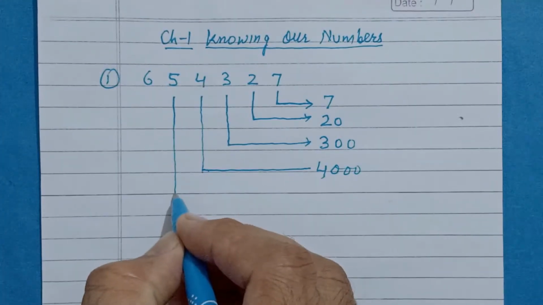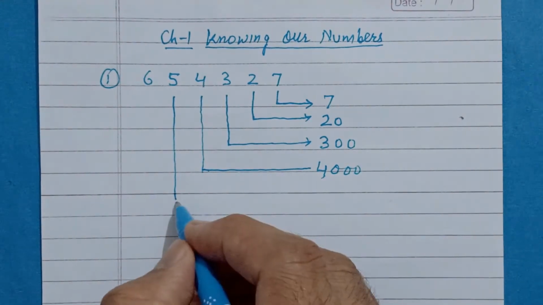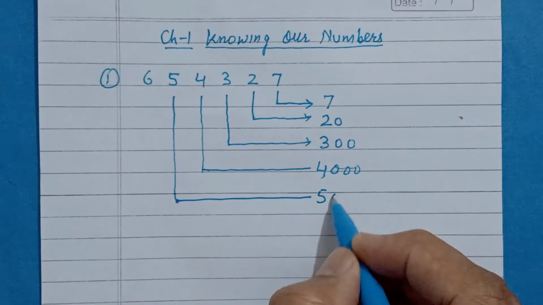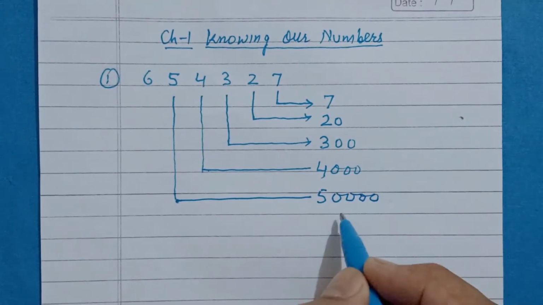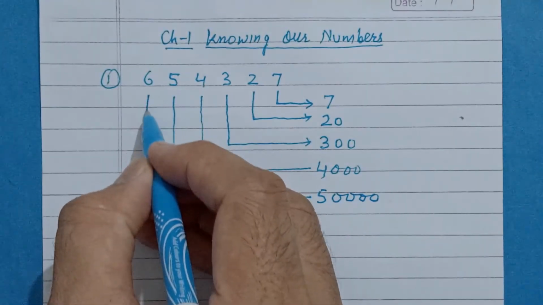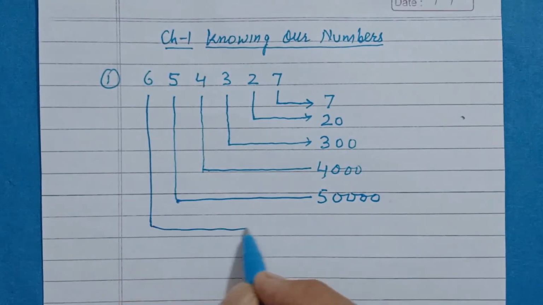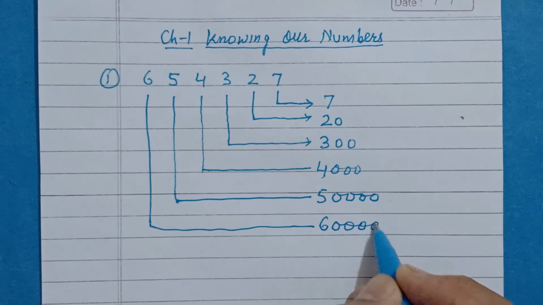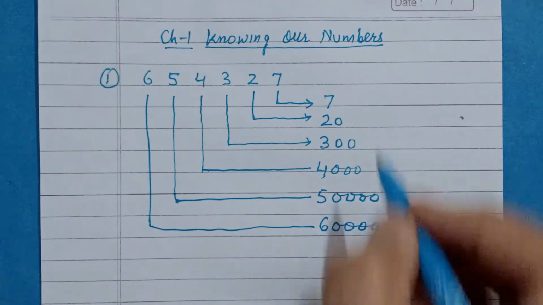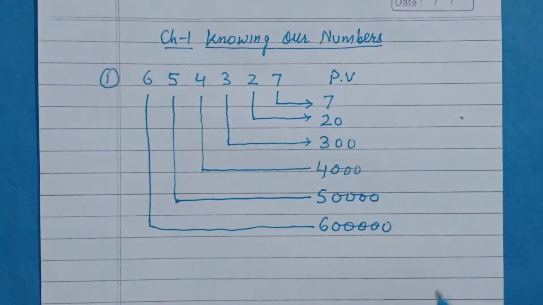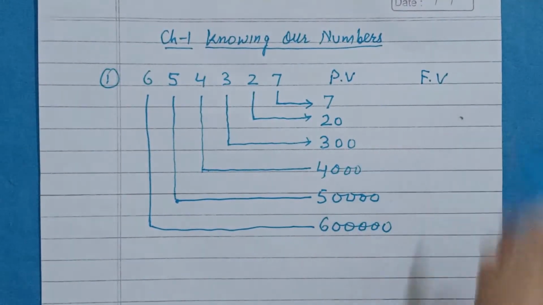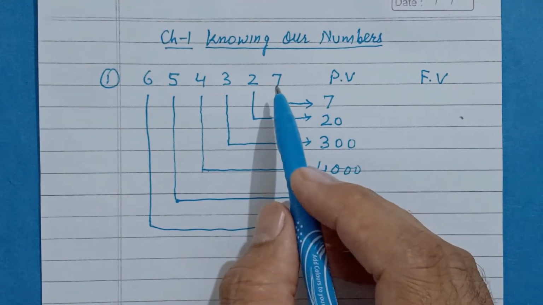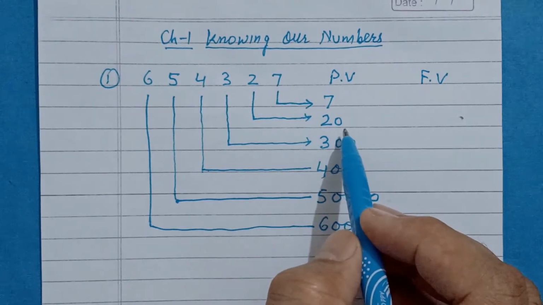Place value of 5. After 5 there are 4 digits, so place 4 zeros. This is place value of 5 in this number. And place value of 6. After 6 there are 5 digits, so 5 zeros. These are the place values. PV means place value and FV means face value. So place value: write the digit, and after the digit, place as many zeros as the number of other digits appearing,